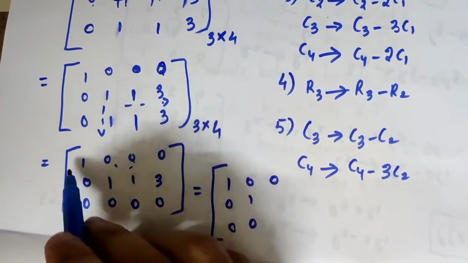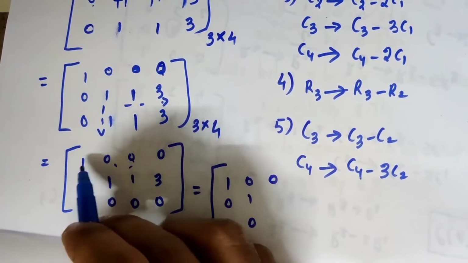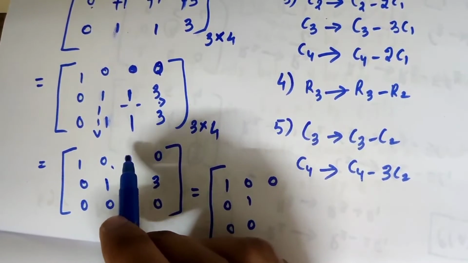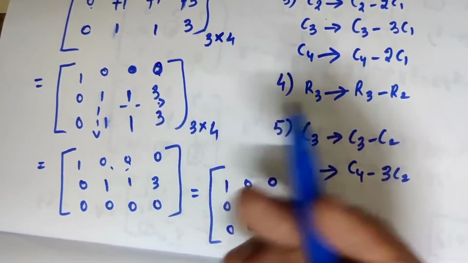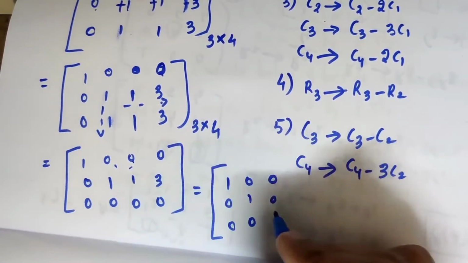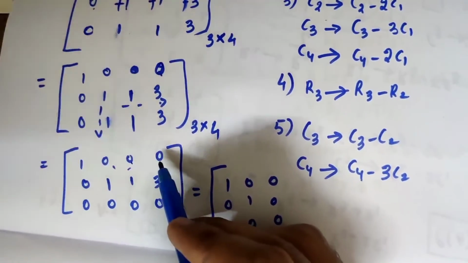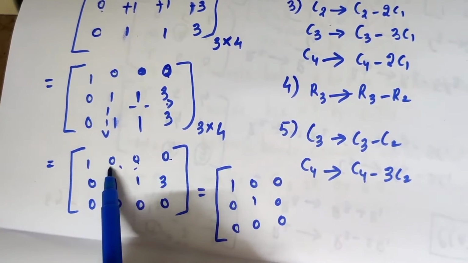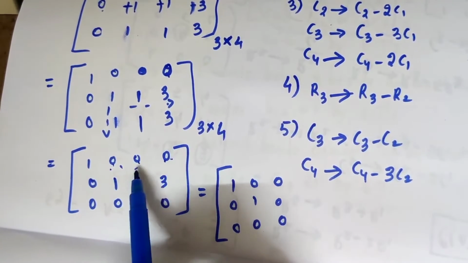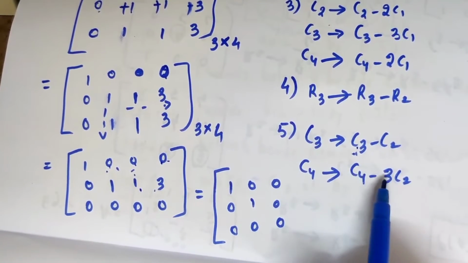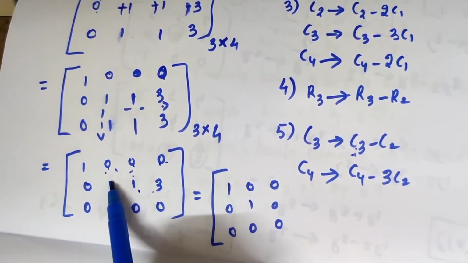You should never do C3 minus C1, because if you do so, this 0 is going to get changed to minus 1. Your aim is to make this one 0, and by making this one 0, you can't change it to some other value again. That is why I am doing C3 minus C2 only. So 1 minus 1, 0; 0 minus 0, 0. C4 minus 3C2 means 0 minus 3 into C2. You can't do C4 minus 3C3 because C3 is already being used. I already told you that what is under construction you can't take again. It will be a technical crime. That is why I am taking C2 only.